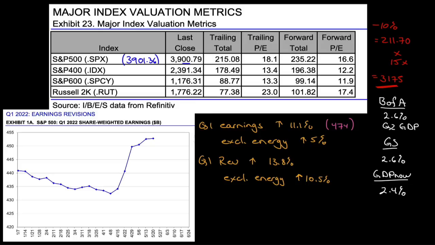So the takeaway from this is that the Target and the Walmart story is not so much a consumer story on the strength of the consumer, as much as it is a company-specific story. They messed up. Same with Amazon. They messed up. They projected out a demand in a category that didn't materialize. They misjudged the speed at which the consumer was absolutely willing to embrace the old lifestyle they had in terms of the mix between goods and services. It's company specific or retailer specific. But it's not consumer related.